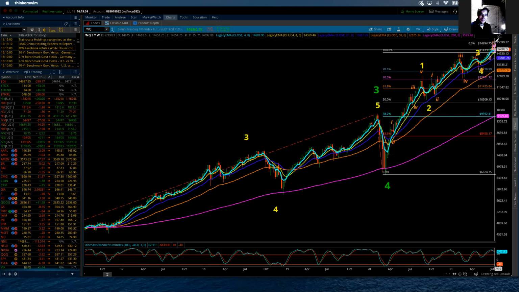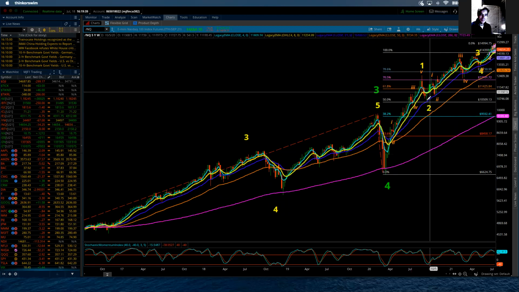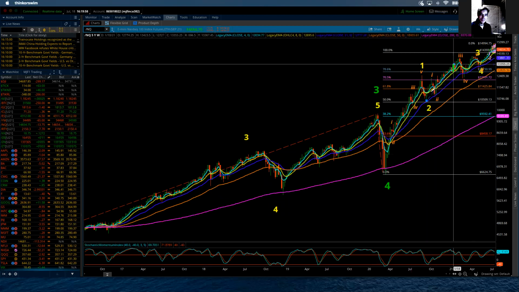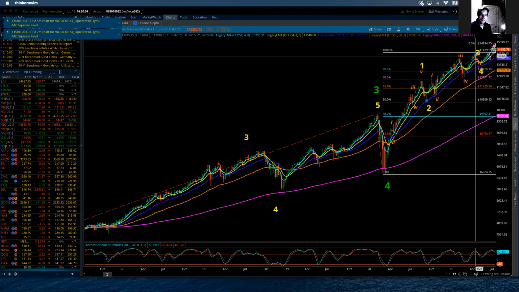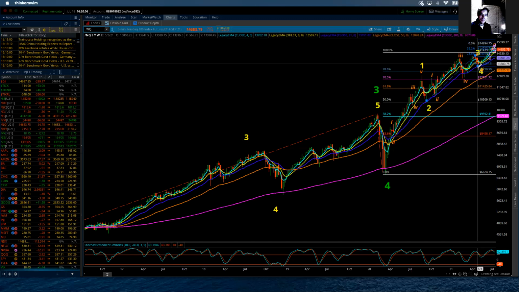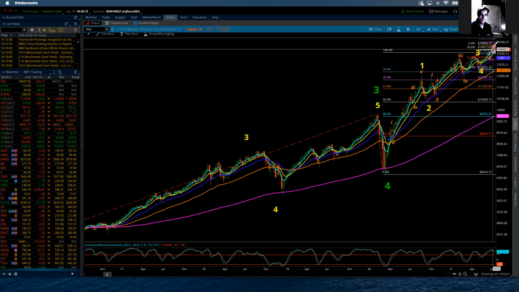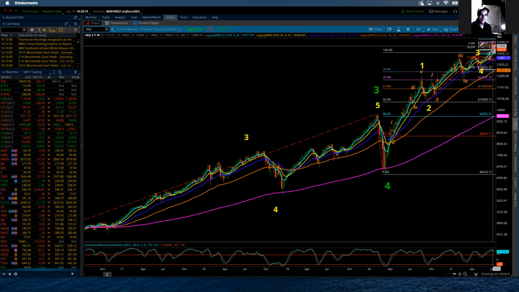We keep going down the scale of our degrees. Within that, I now can add our next group of resistance that could complete this intermediate wave 5, which in turn is going to complete the primary wave 5. And I'm going to go up. So I connected the same way: bottom of wave 2 on the intermediate level, up to the top of wave 3 on the intermediate level, and then back down to the low of wave 4 on the intermediate level. Now we have our next zones getting filled in there.